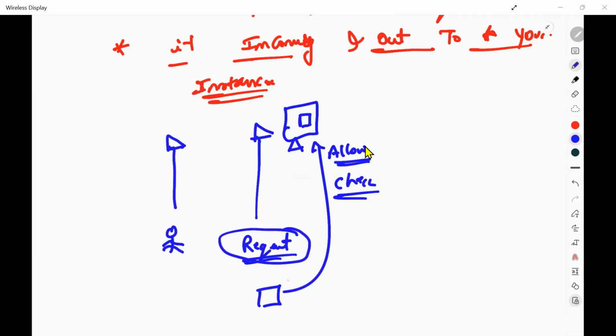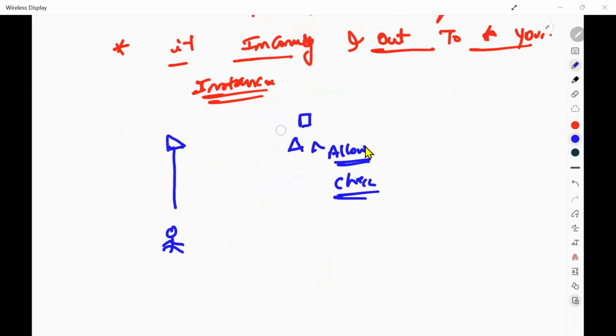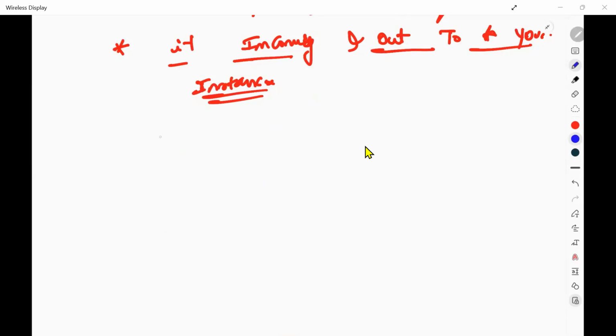Now, you might have heard or read somewhere in blogs: first, incoming, inbound, and ingress.